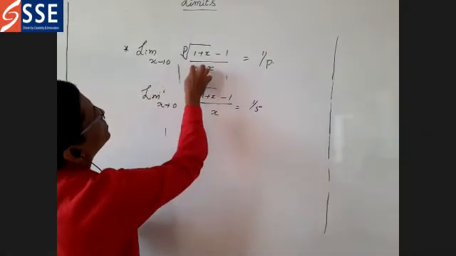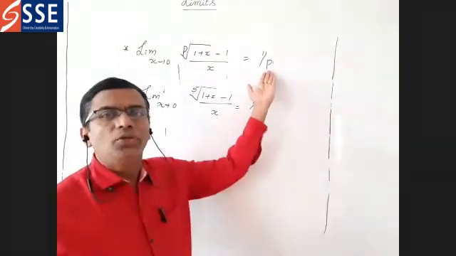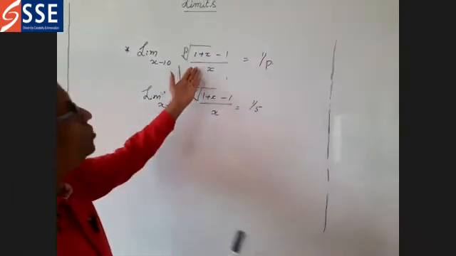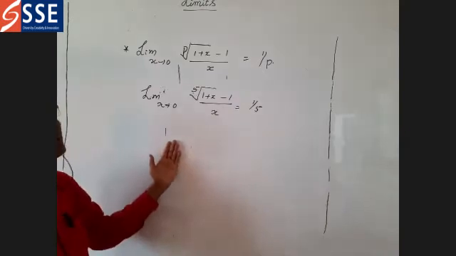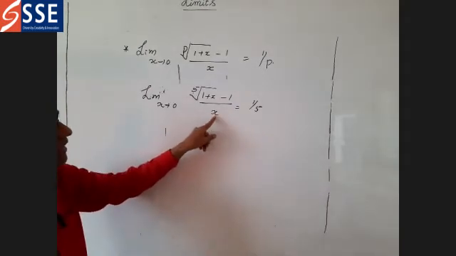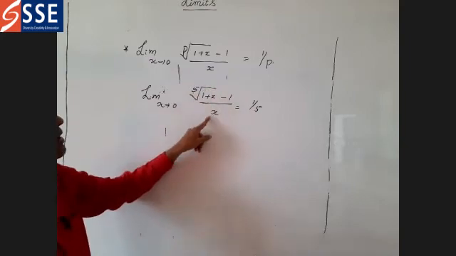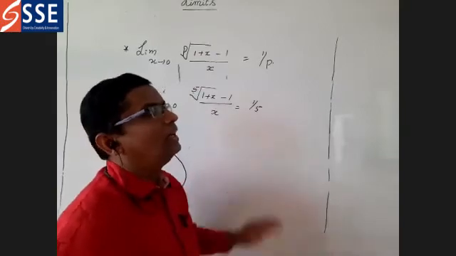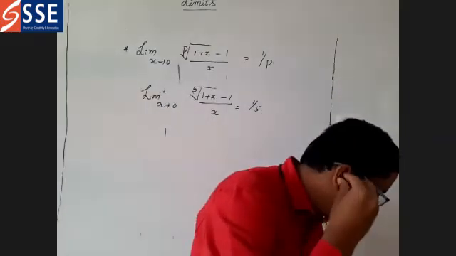So limit x tends to 0, pth root of 1 plus x minus 1. I showed you all how we are going to get the 1 by p. So then it is easy to remember and easy to do the problem. Even if you go for this, you can directly do the answer. While you are getting the denominator as 0, find the differentiation of the numerator and the differentiation of the denominator, find the derivatives of these two and get the answer. That's all. Like this, you are going to do the answer.